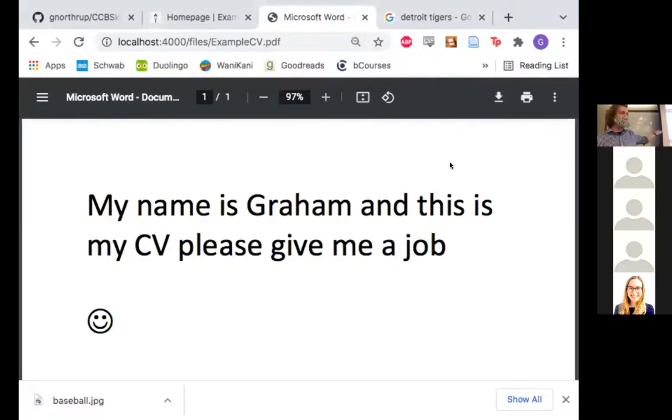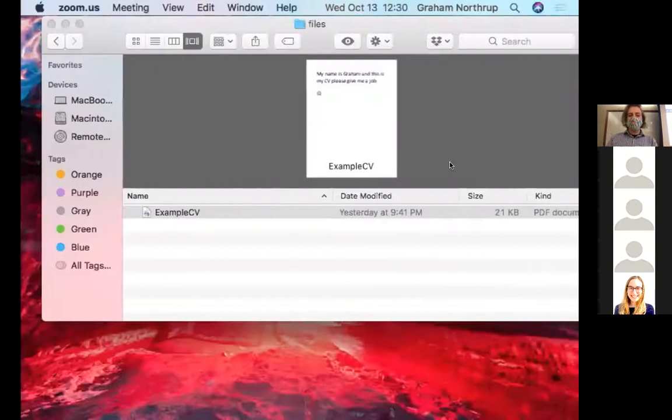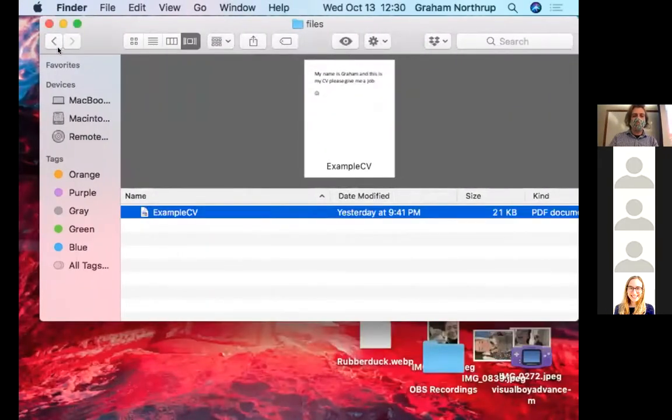Yay, so now you can serve a CV on your website really easily using this same syntax of just putting files inside the directory. And so when you specify where it lives, and then if you go and look at what's actually happening inside